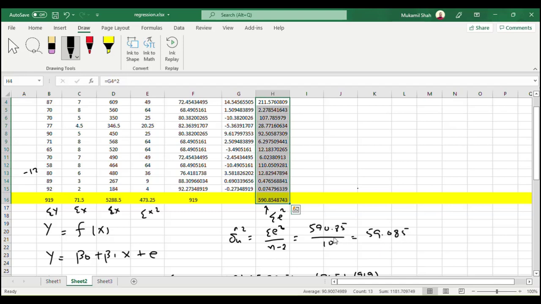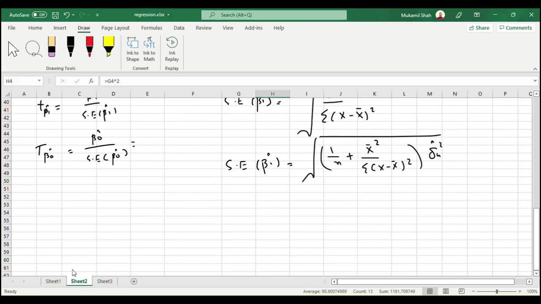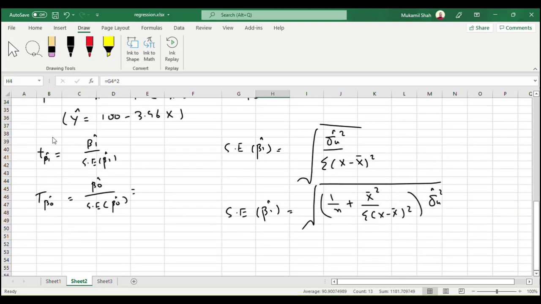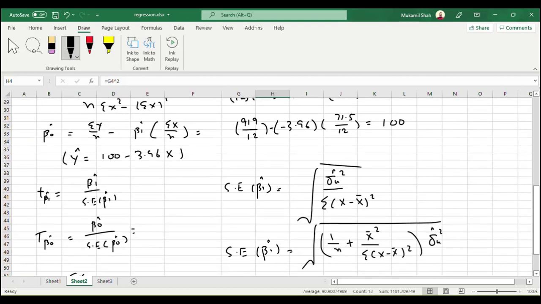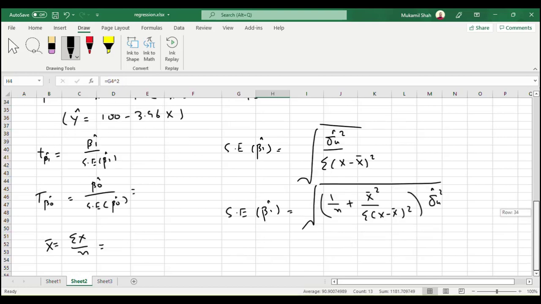We then need to calculate x bar, and what is x bar equal to? X bar is equal to summation x divided by n, and we know that summation x is equal to 71.5 divided by 12, and this is equal to,